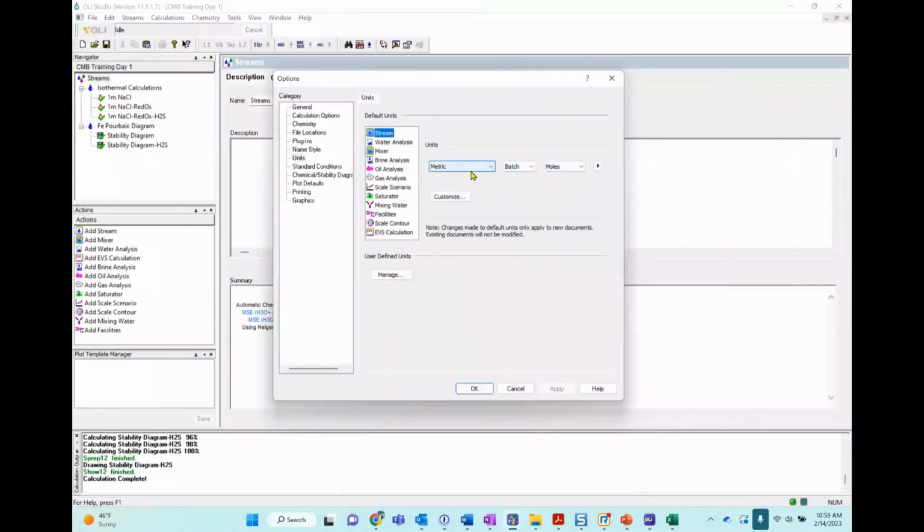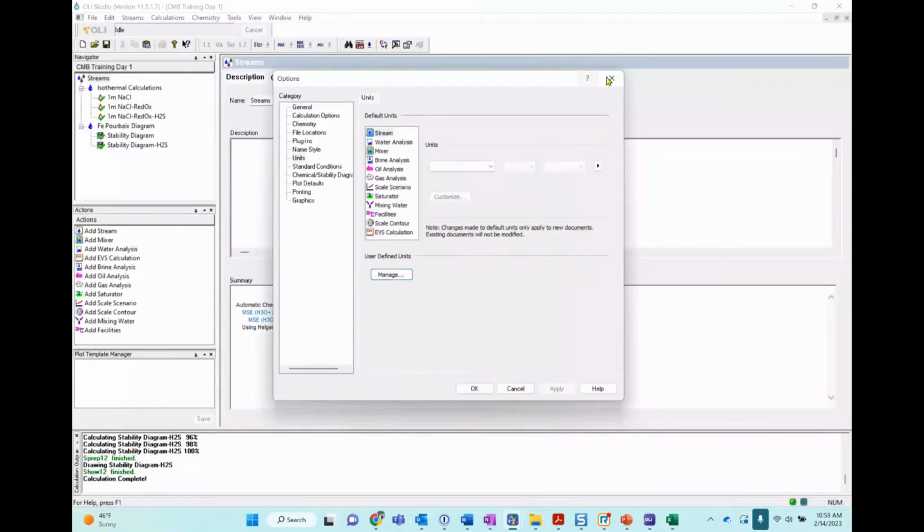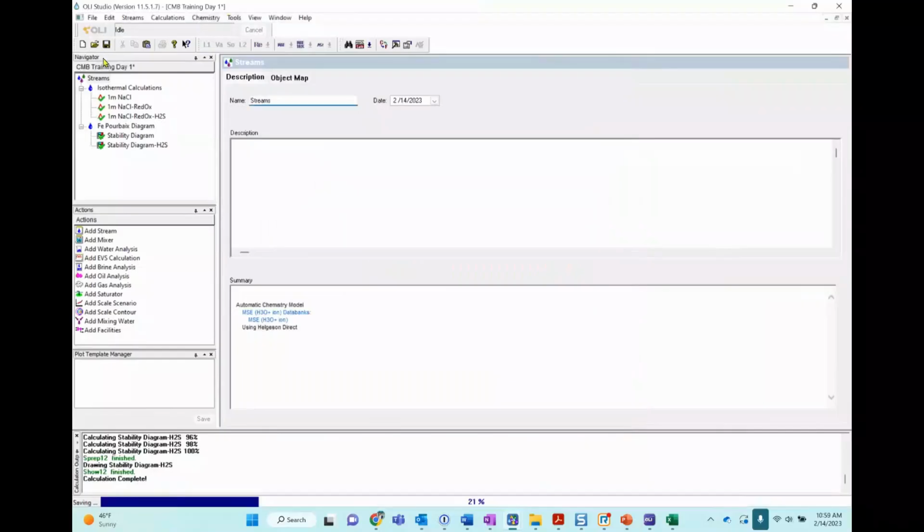You have it already like that? Yes, but when we copy and paste, for example, your stability diagram, the second stability diagram calculation changes from batch to flowing. That is very weird. What could it be?